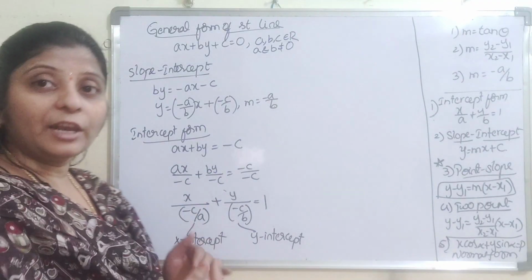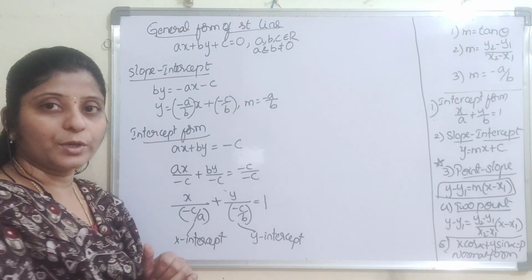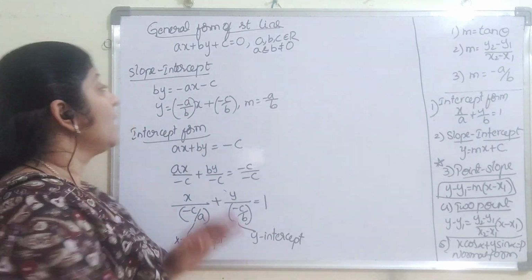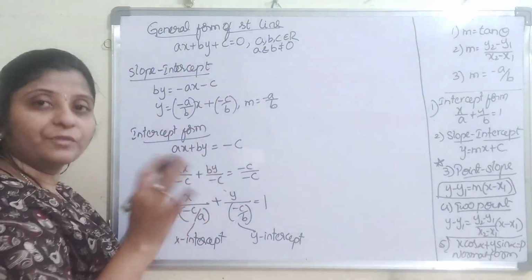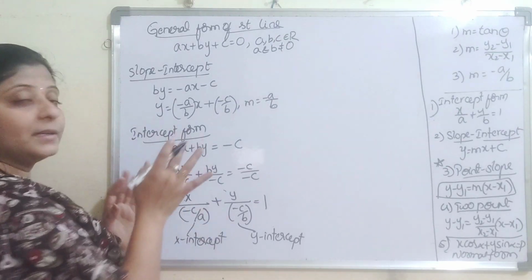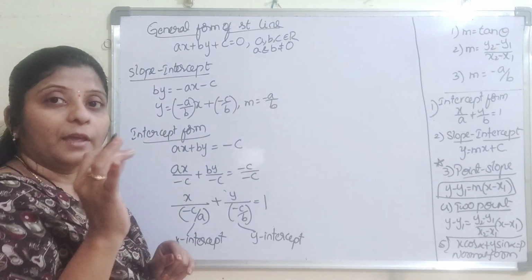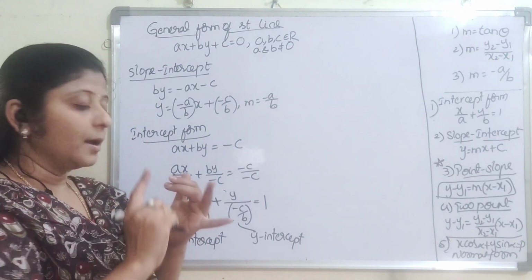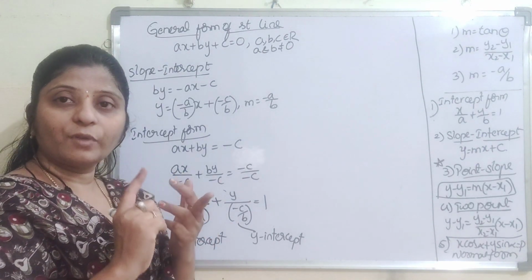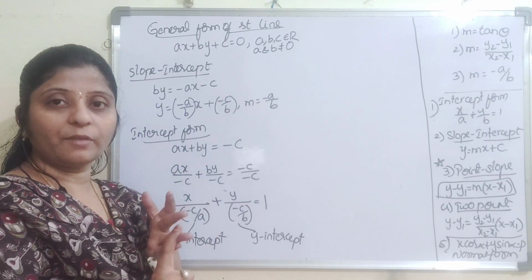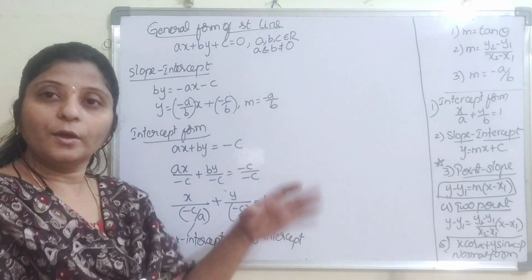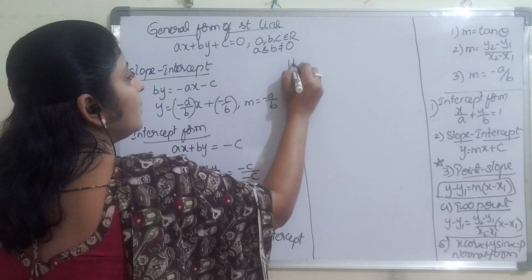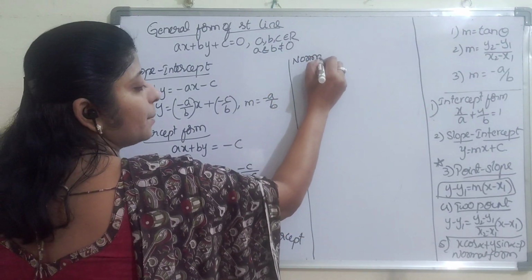This is very important for 2 marks questions. All the forms will be given combined in 4 marks questions. Because the normal general form will be given, and he will ask to convert this general form into slope intercept form, as well as normal form. These 3 forms he will ask. How will we do this? So listen carefully and observe also. Now we are going to do normal form.